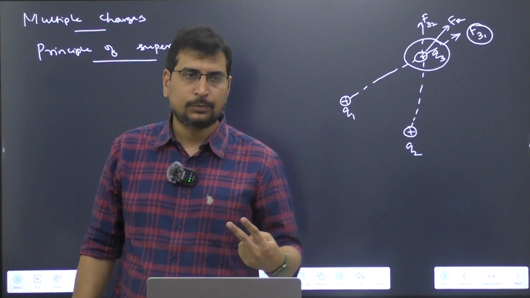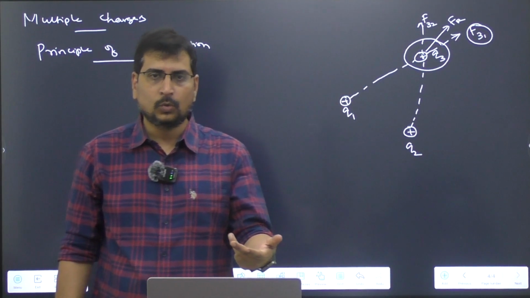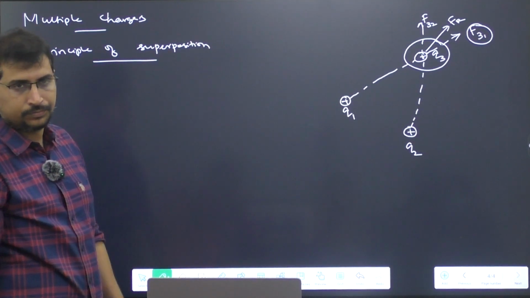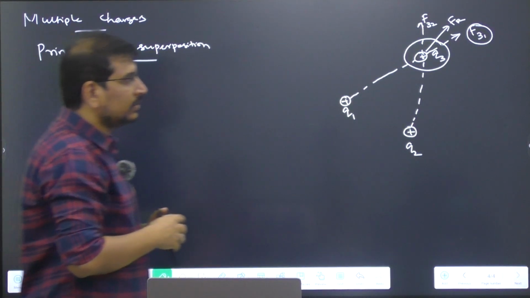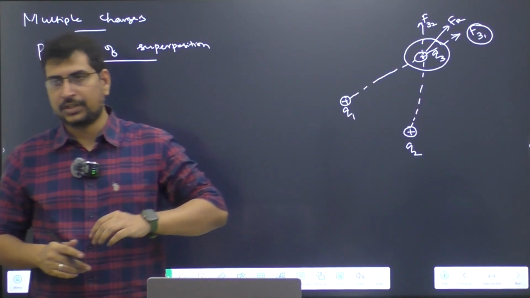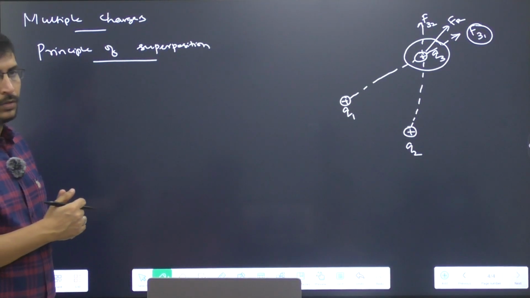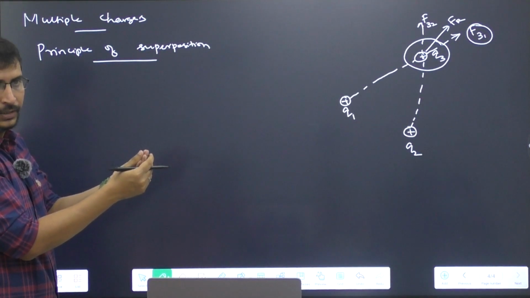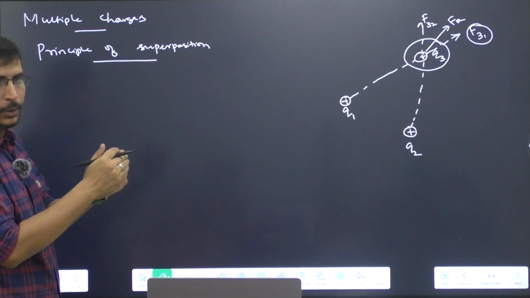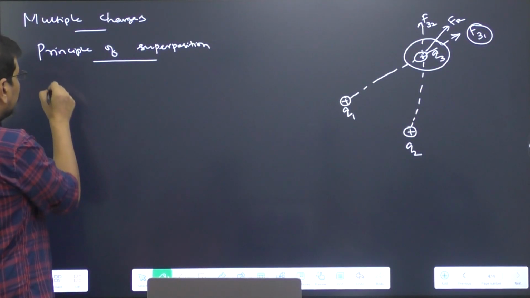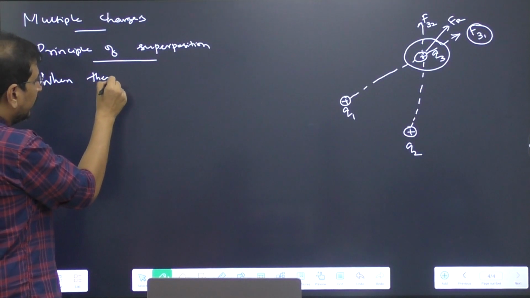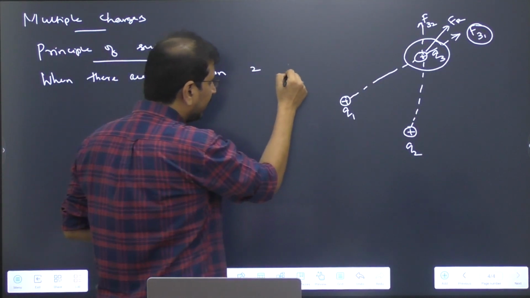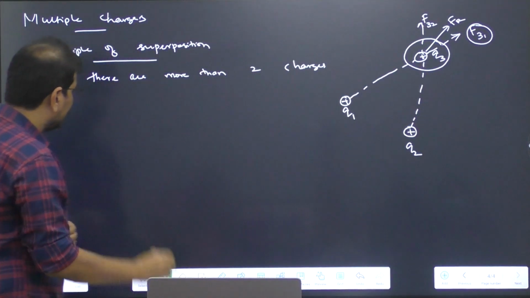2 charges minimum is needed for applying Coulomb's law. So if it crosses 2, what will you do? You will apply Coulomb's law between the individual charges and take the resultant. Right? So consolidating all this, if I need to give a statement to this principle of superposition, can you try it out? Can I say something like this? Consolidate everything that I told you. When will you apply the principle of superposition? When there are multiple charges. Multiple according to you means more than 2 charges. So when there are more than 2 charges present in the system,